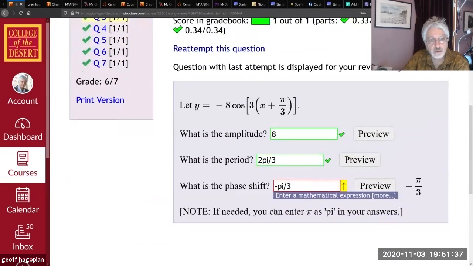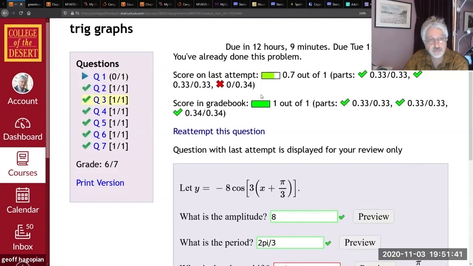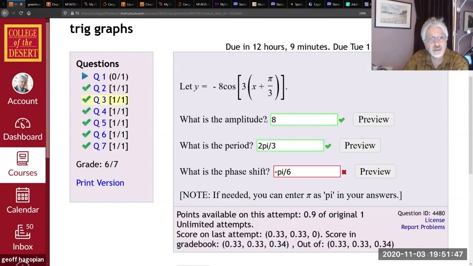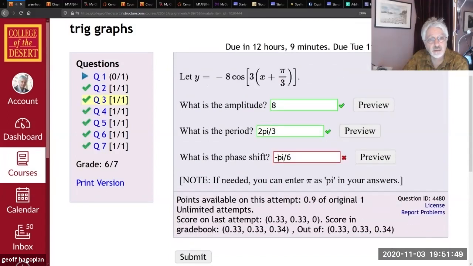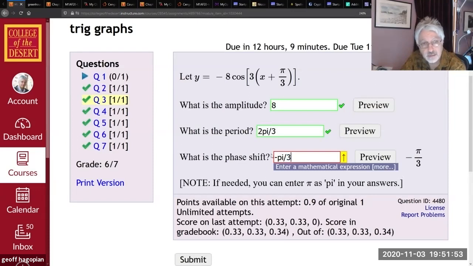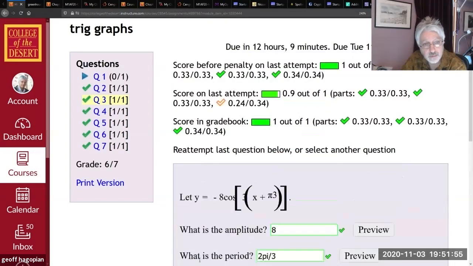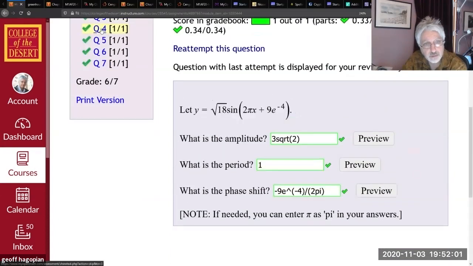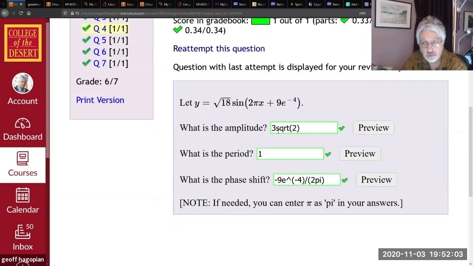Oh, have I already submitted this one? Maybe I've run out of submissions. Reattempt this question. Negative pi over 3 is what it's supposed to be, right? Right, that's just the horizontal shift, right? And so this is